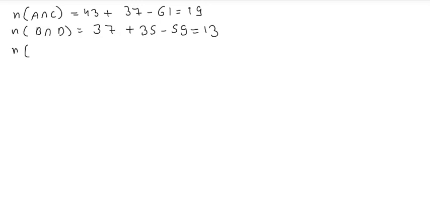N of C intersection D is equals to 37 plus 35 minus 35, which is equals to 14. Now N of A union B union C union D